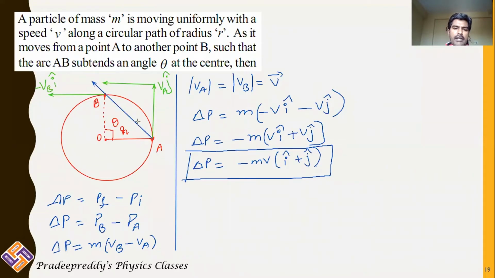Right? Therefore, the resultant vector delta P bar is equal to minus mv (I cap plus j cap). So it is minus I cap, or you can simply write it as delta P is equal to mv (minus I cap minus j cap). See, this delta P vector which I have drawn with blue ink, it is directed along negative x-axis, minus I cap, and of course if I take it common, I plus j.